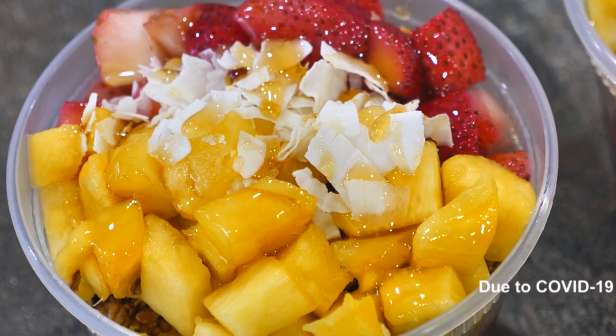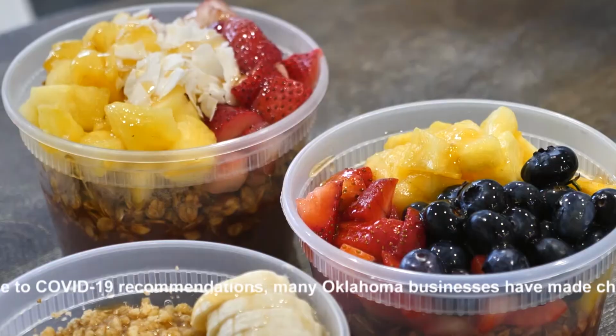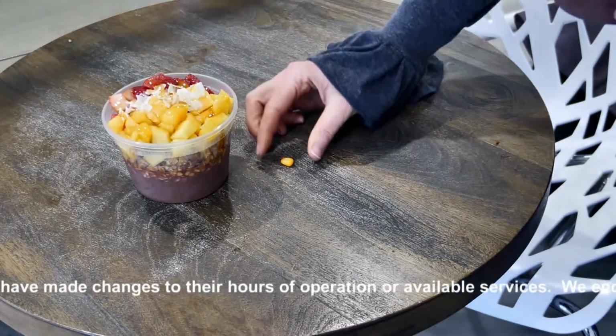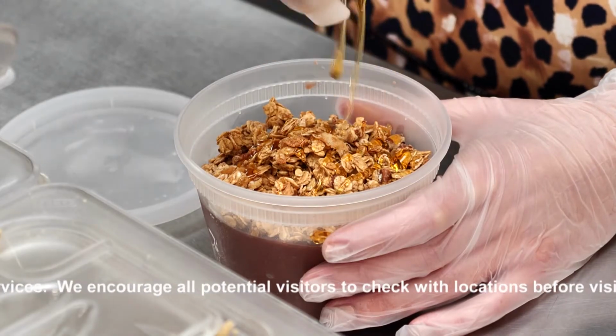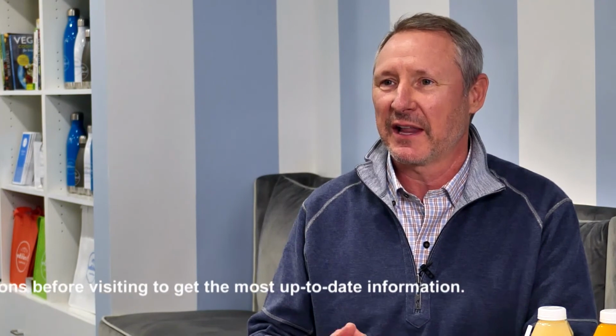The acai bowls are a customer favorite. We have 3 varieties. We have a chocolate, we have an original, and we have a tropical. And it's kind of to describe it, it's almost like a sorbet consistency of fresh fruits, and then it's topped with granola and fresh fruit, and it's drizzled with a little bit of honey. We'll come in on a Saturday, and that's kind of like our treat for the week is getting an original